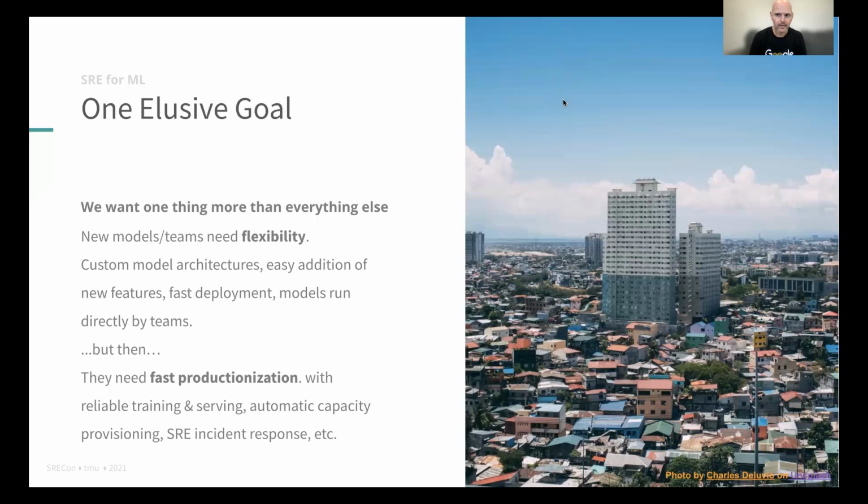But then once you find a system that works, you want to very, very quickly get that system into production with as little work as possible. So you want reliable training and serving. You want automatic capacity available to be provisioned for your model. You want SREs to support you when something goes wrong and you don't know how to fix the production part of it. So you want all of that with very little friction. This is a pretty tall order, in particular because